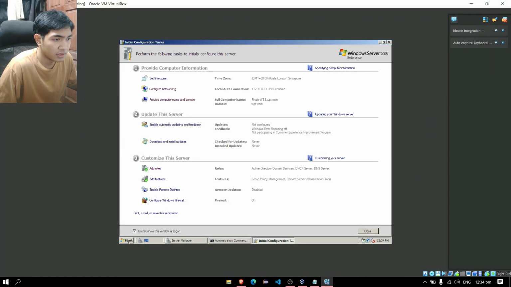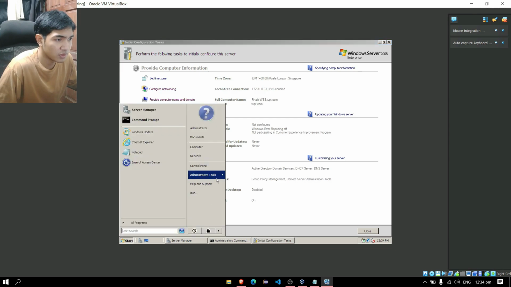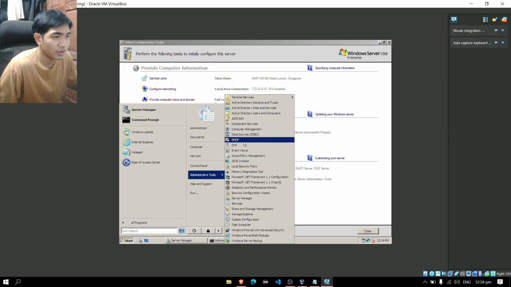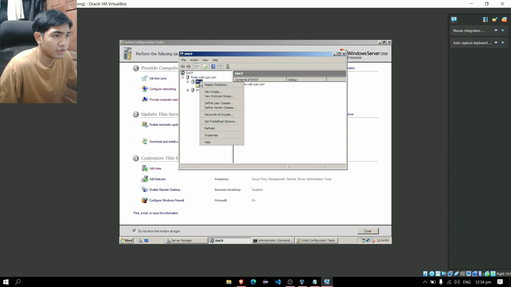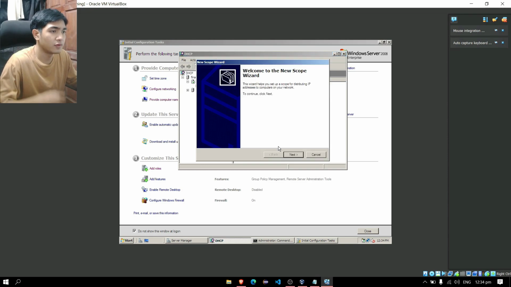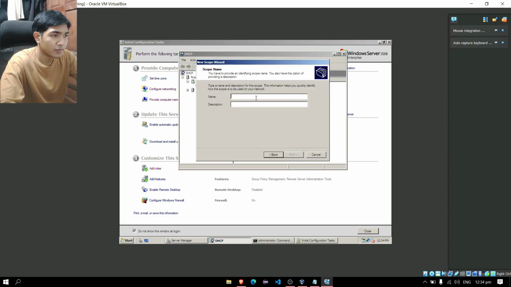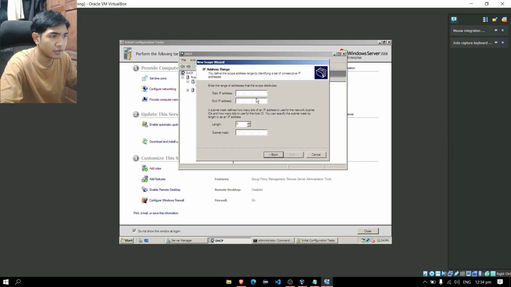So in the administrative tools, go to the DHCP. In our computer name, go to the IPv4, and we have to create a new scope. For our scope name, we input DHCP server. Click next. So for our starting IP address,